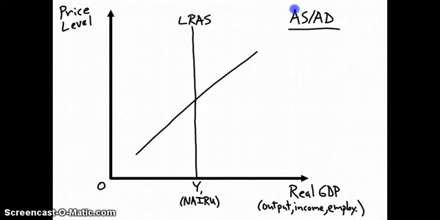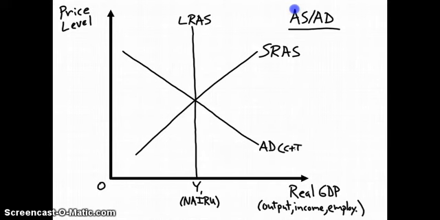The short-run aggregate supply curve looks like this, and aggregate demand looks like that. And this is going to be called PL, or price level 1, and then that completes part A of number